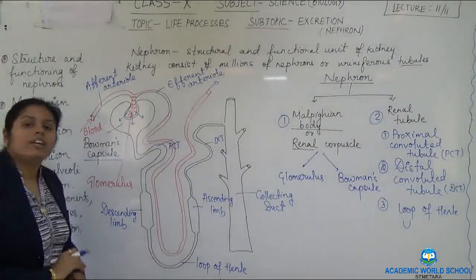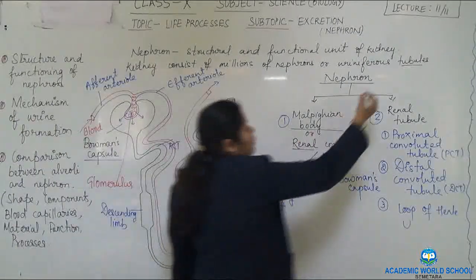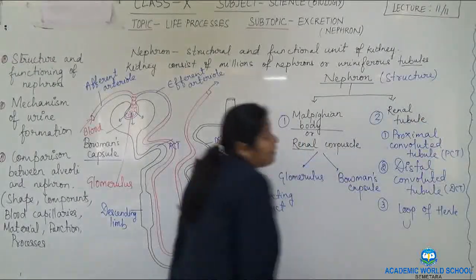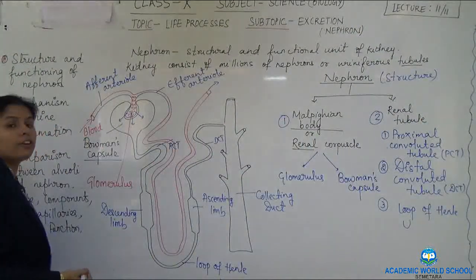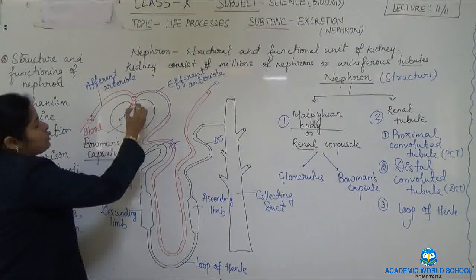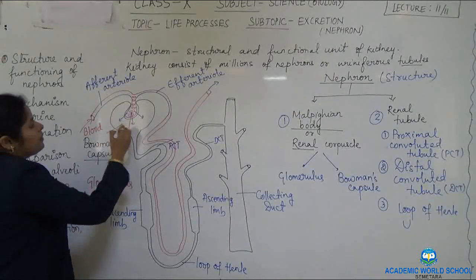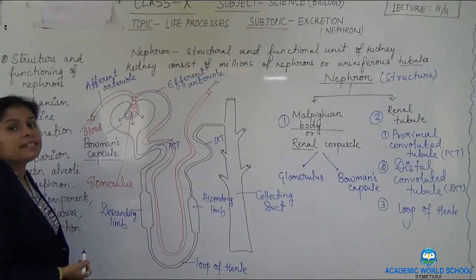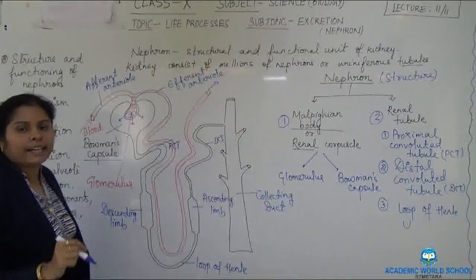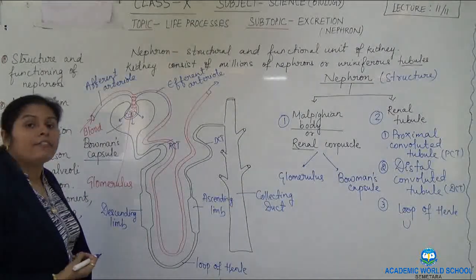Now we will understand what the function is. What we read about was the structure of the nephron. Now, what is the function? The function of the nephron is that it acts as a filtration unit. The Bowman's capsule is lined with double-walled squamous epithelium. Here the first step occurs, which I called ultrafiltration. Now this liquid which is oozing out is not actually urine. This liquid which is oozing out is called nephric filtrate.